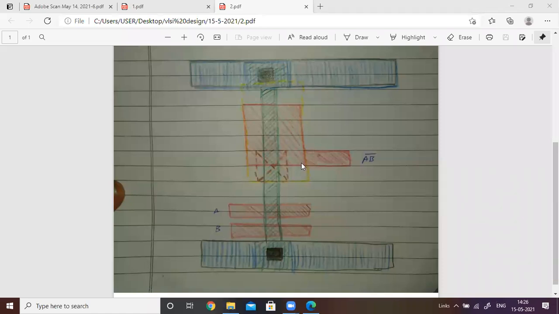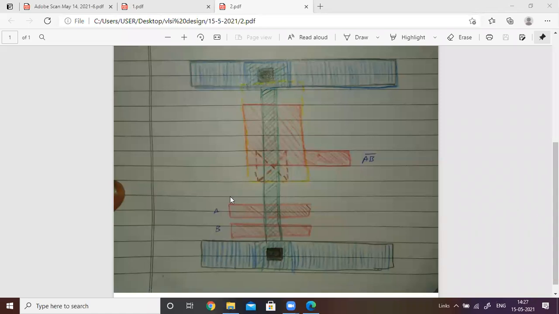Okay, now here what I change in this case. I have made some small changes here. Let's see. This is the way I am taking 4 lambda width of this metal 1 layer. Okay, the width of the metal 1 layer I am assuming 4 instead of 3 lambda. If you consider 4 lambda, there is no extension.